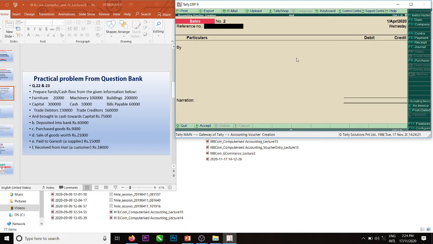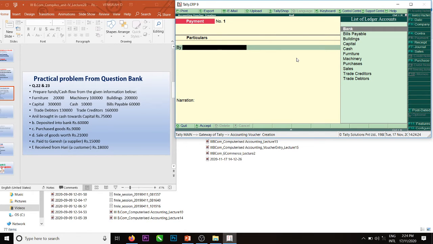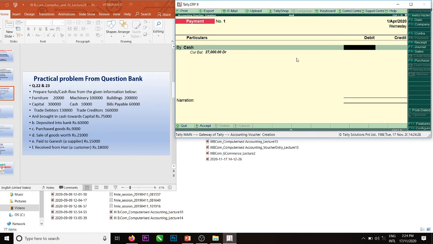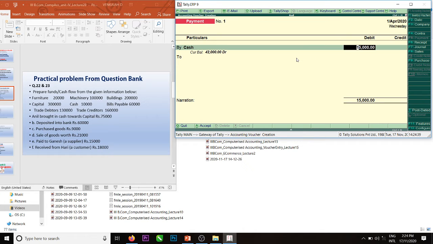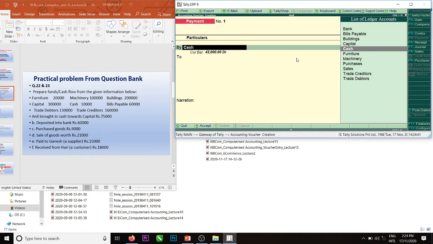Pay to Ganesh, supplier. Ganesh account, payment voucher, F5, to cash, amount paid 15,000. It's wrong, I think. Ganesh to cash.